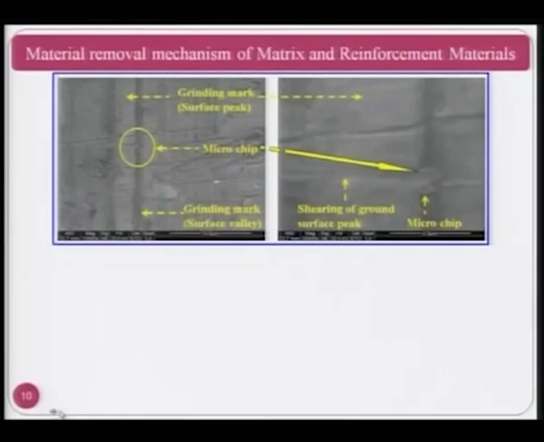Now, material removal mechanism of matrix and reinforcement material. A large amount of work has been done in the removal or finishing of the metal matrix composite. Some of those results I am going to show here in this particular talk. Other results I have shown you earlier when I was talking about the introduction to the nano finishing techniques. Now,